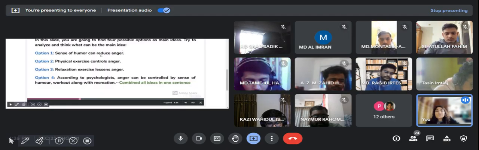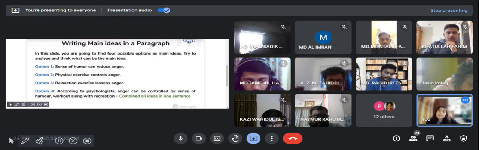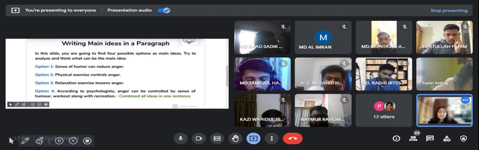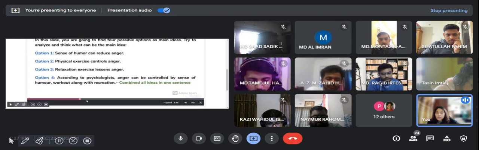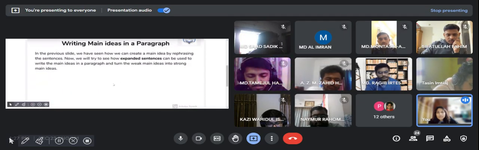For example, sense of humor can reduce anger. Then physical exercise reduces anger. Then relaxation reduces anger. And then there is another option that, according to psychologists, anger can be controlled by sense of humor working along with recreation, which combines all the main ideas in one sentence. So the video tells us that